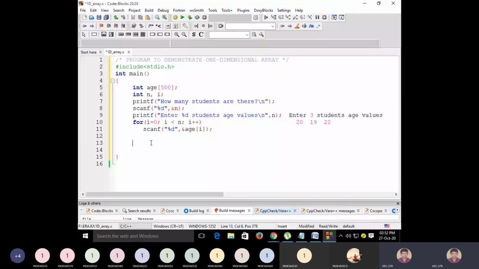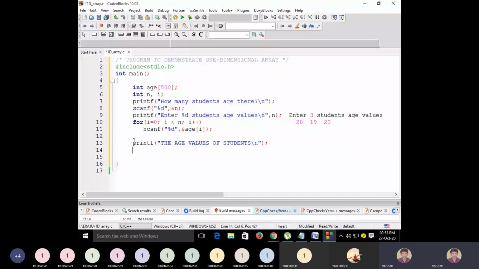Right. Once the values are in the array, how can we access the elements from the array again? Now you want to print on the screen. Once you come out from the loop, give a message to print here, the age values of students, some header.